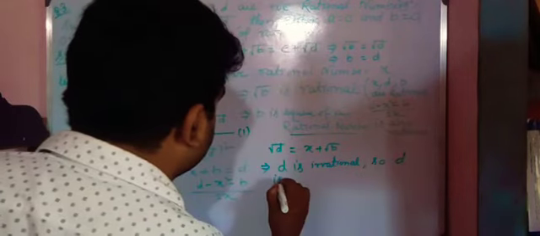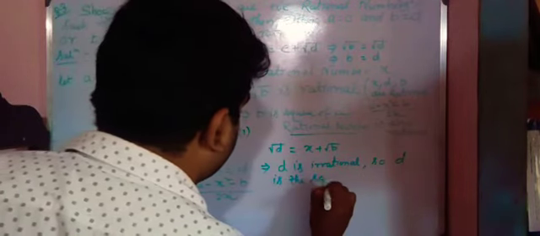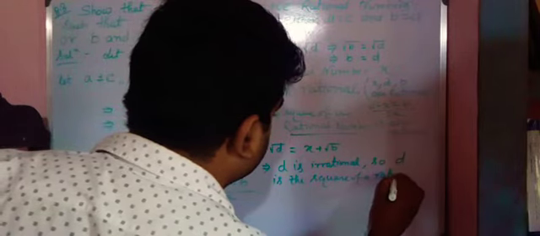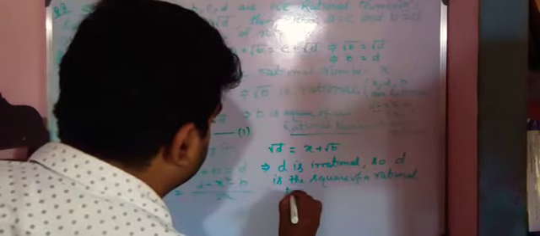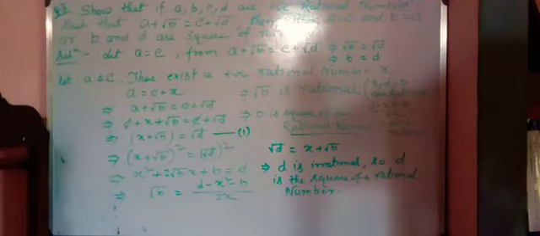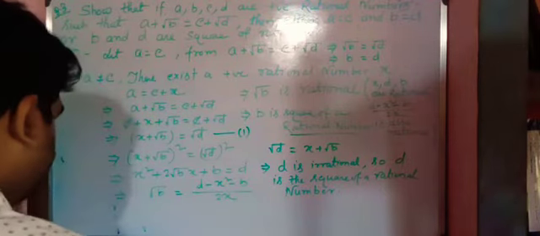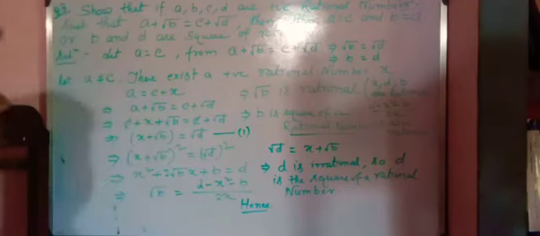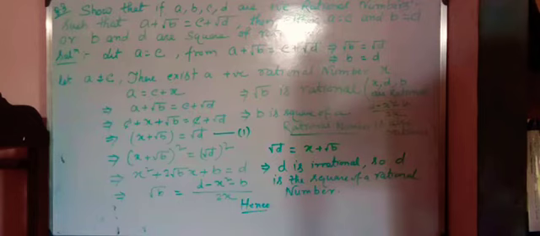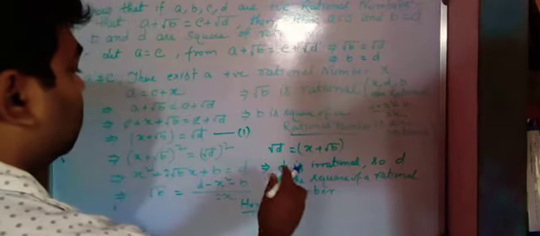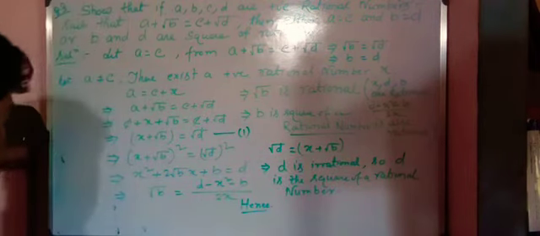Since these two are rational, d is the square of a rational number. Hence we can say that